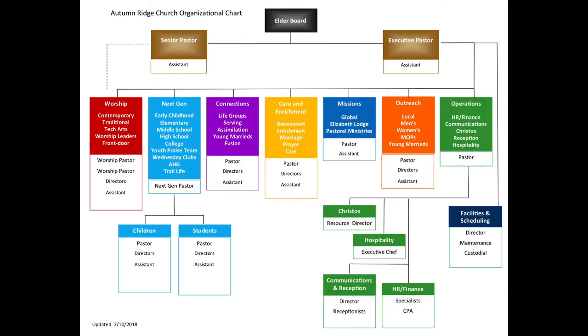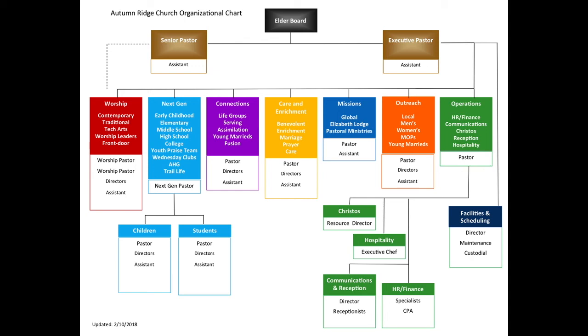All right, I want to show you this org chart. This is of a church. And in this org chart, it's kind of unique. It's got an elder board at the top, and these people are the ones who make a lot of the crucial decisions, maybe who the senior pastor is that comes in, the executive pastor, and then maybe the different team leaders or ministers over these different areas. You see the elder board on top, then the senior pastor to the top and left, and the executive pastor on the right. These people have different areas that they pour into.